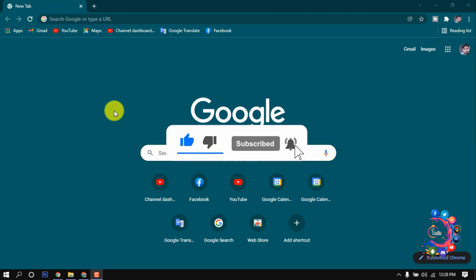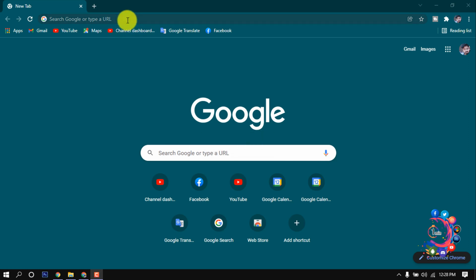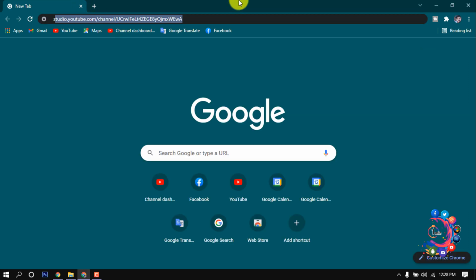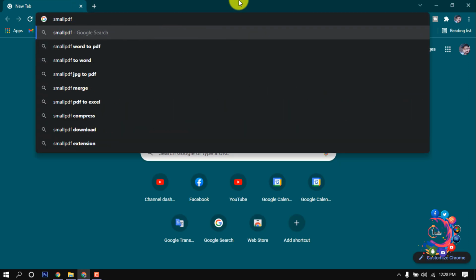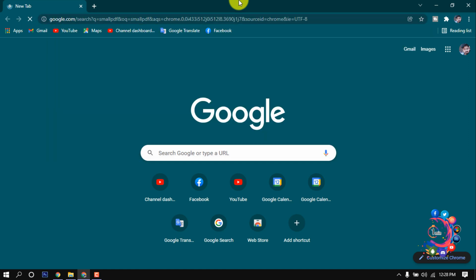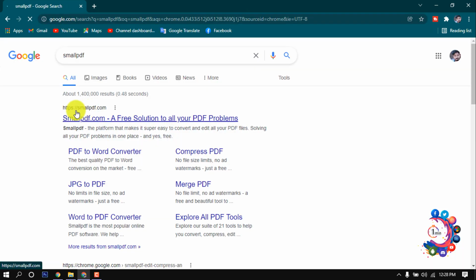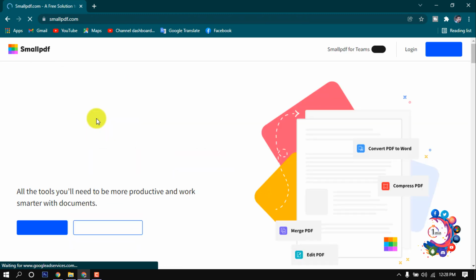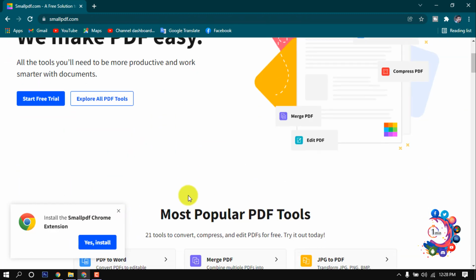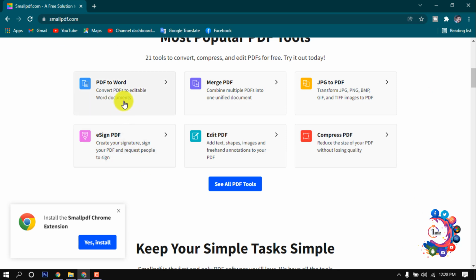How to 1 minute. First of all, open a browser, then type here small PDF and hit enter. Open this website smallpdf.com and scroll down. Then you will find this option PDF to Word converter. Click on it,